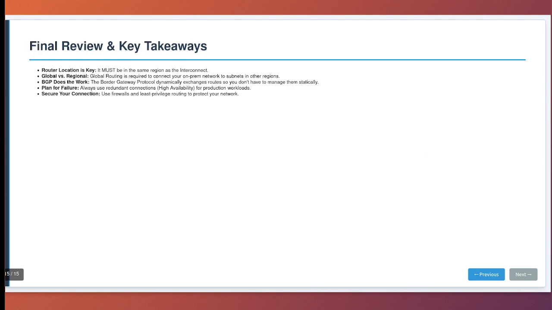Third, BGP is the protocol that makes this dynamic connection possible, automatically sharing and updating routes between your network and Google's. And finally, for any real-world production setup, you must plan for high availability using redundant connections and secure your network at every layer using firewalls and the principle of least privilege. Following these principles will allow you to build robust, secure, and scalable hybrid